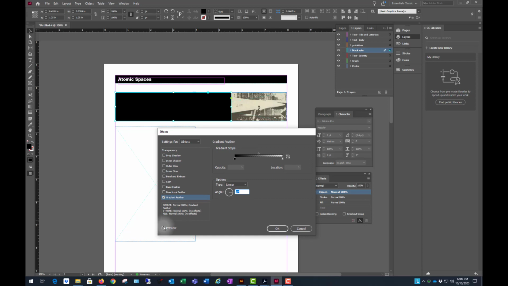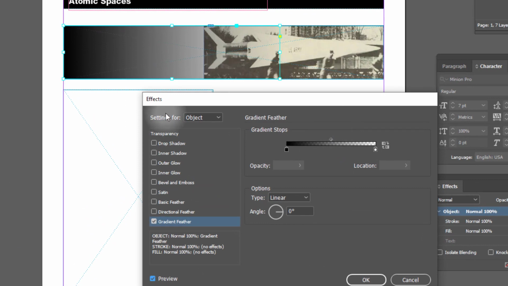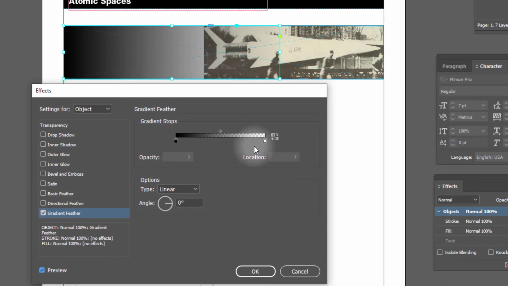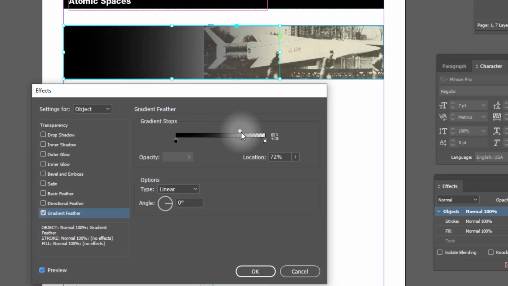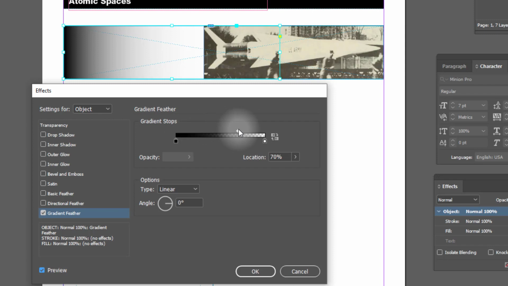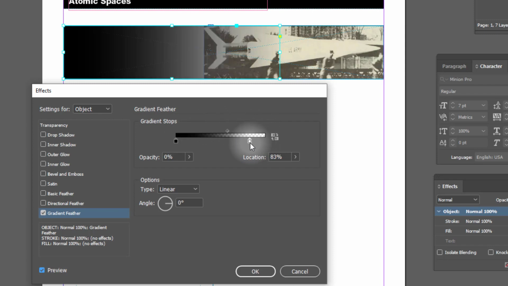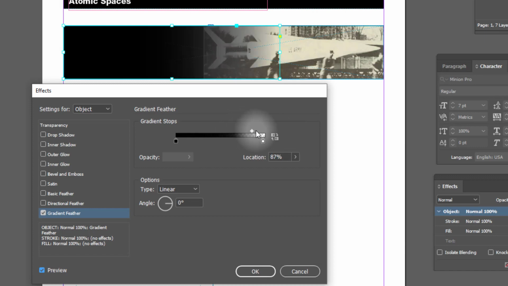And make sure the preview button is on, and we can start to see how it's having effect. And what we do here is adjust the stops, and that moves the fade point over, right? You can have a little bit of fade, or you can have a lot of fade. I'm gonna move this back. No, I'm not. I'm gonna do that. Move this almost all the way, and